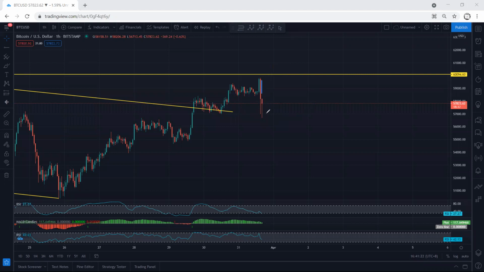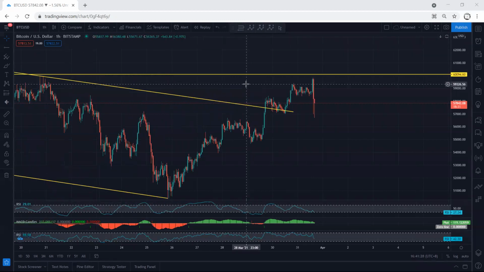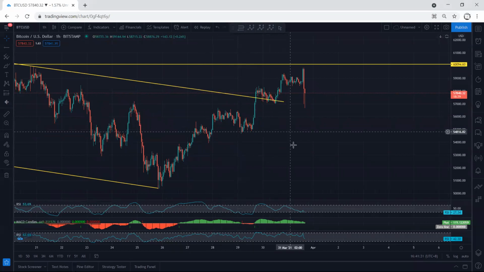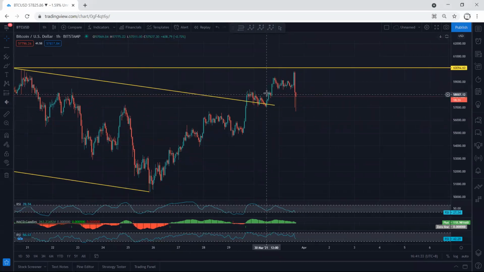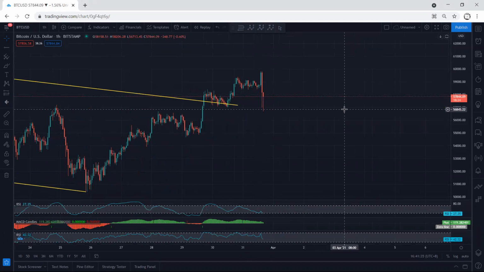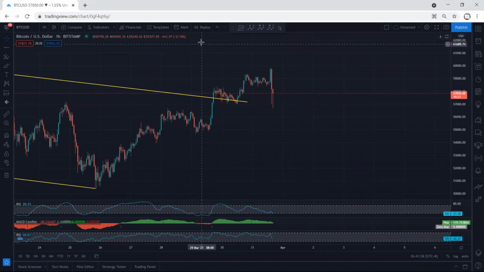And even if there is a continuation with the flag, this is where we can confirm the price is going to drop more or even reverse. This is where we should take out all the trades we have here. Okay, it depends on the traders. By the way, we don't have any trade setup right now. The only thing is we have to wait and see to get the confirmation either for the reversal or continuation,